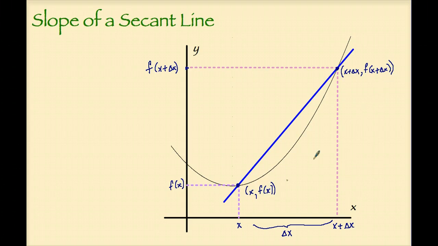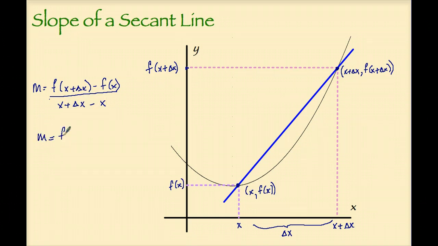We now have the coordinates of 2 points, and we can use those 2 coordinates to set up a slope formula. So we can say the slope of the secant line is the second y value, f of x plus delta x, minus the first y value, which is f of x, over the second x value, x plus delta x, minus the first x value, which was x. Now you notice in the denominator a little bit of simplification can take place, and the simplified form of this slope formula,